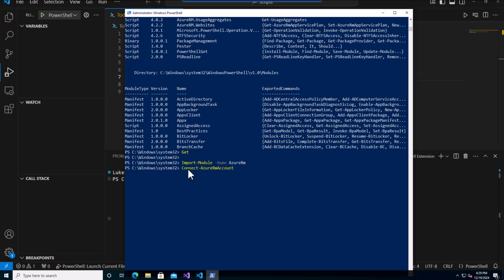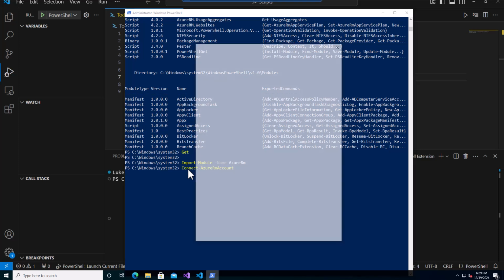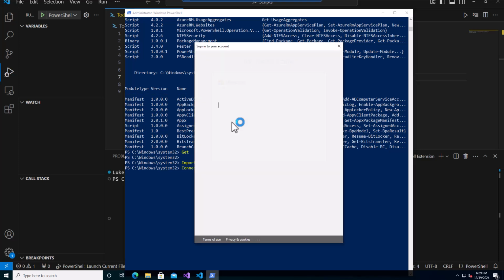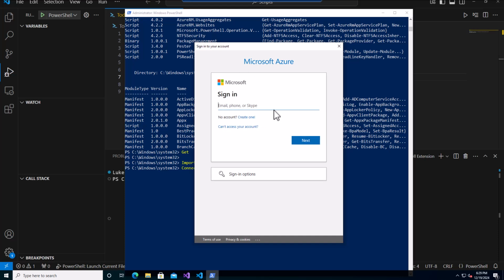Alright, so it'll be connected. This is the connect command, and it's actually going to pull it from that imported module. So you can see it prompted us to put in our username and password. Once you put that in, that will help you to get connected to your account, and once you're in that session, you will be able to run